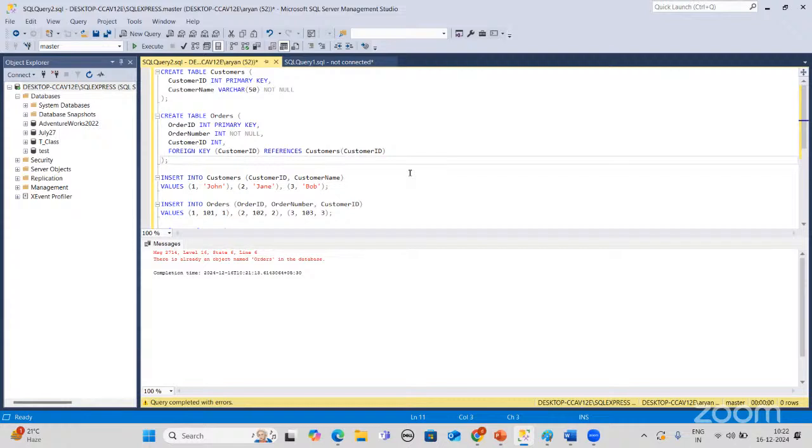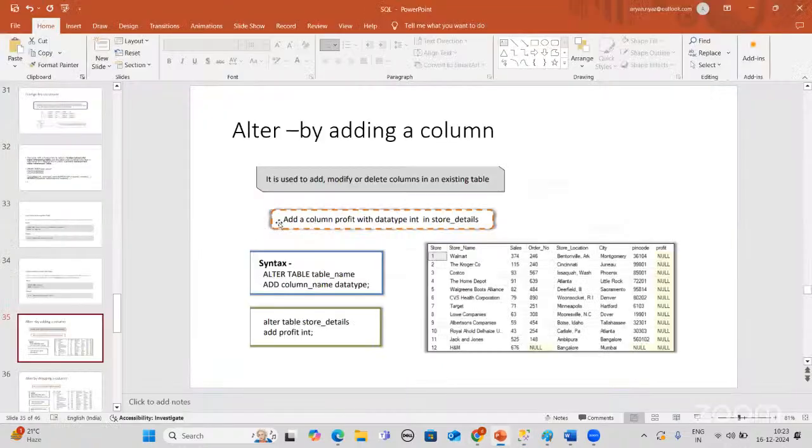And foreign key is nothing but a common column which is the same in both the tables. If you are comparing two tables, a column must be the same in those two tables. That is the foreign key. Based upon this foreign key only, we do all the joinings, whatever we are having, left join, right join, inner join, all these joins we do based upon this foreign key. Okay, till then I think it's clear. Next I'm going for